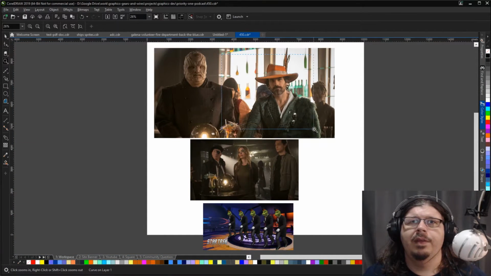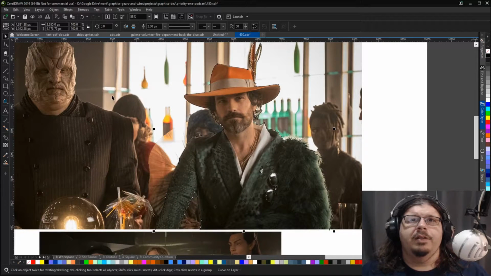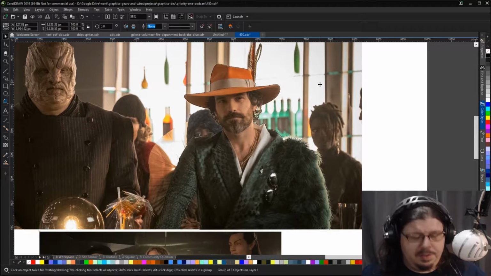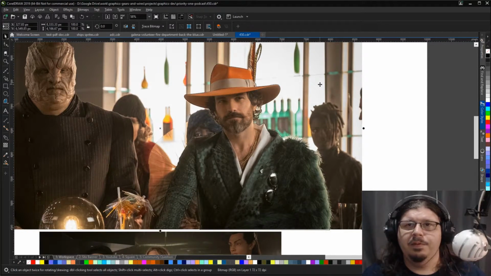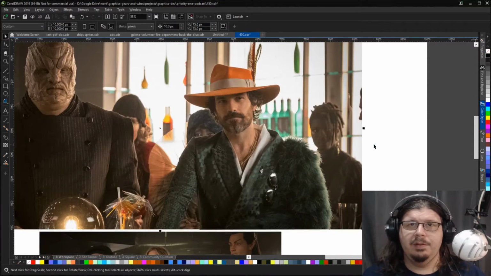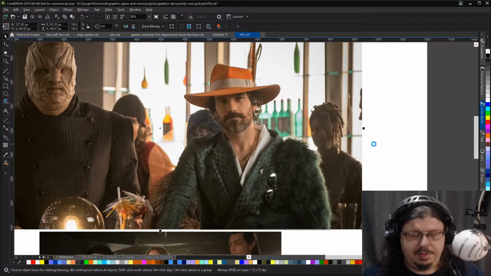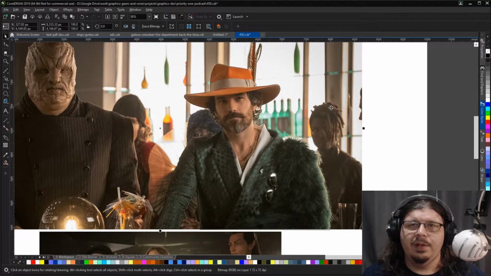So, next step, I will take the picture and select it. I'm going to copy, oops, I have that in a group, so I'm going to ungroup. Okay. So I'm going to copy that. Then I'm going to right click on the picture and drag over the object I just drew. And I would like to